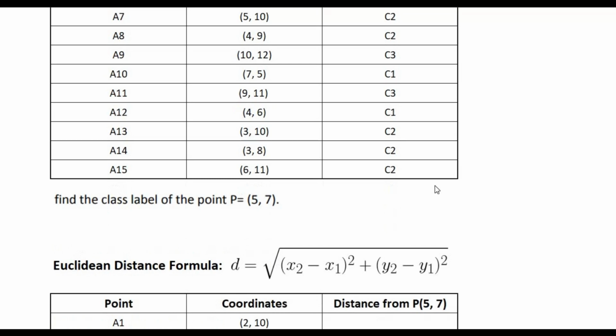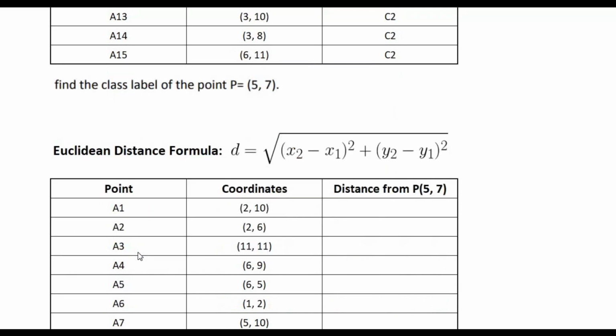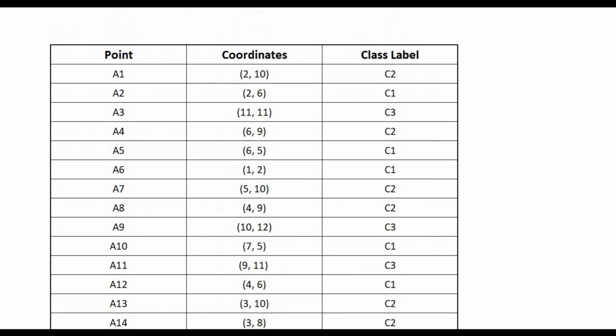So basically there are three ways to solve this problem. One through Euclidean distance formula, the second through Manhattan distance, and the last one is cosine similarity. And we are going to use the Euclidean distance formula, whose formula is right now on your screens. So this is basically the Euclidean distance formula. The first task is to calculate the Euclidean distance of each data point from the new data point, which is 5, 7.